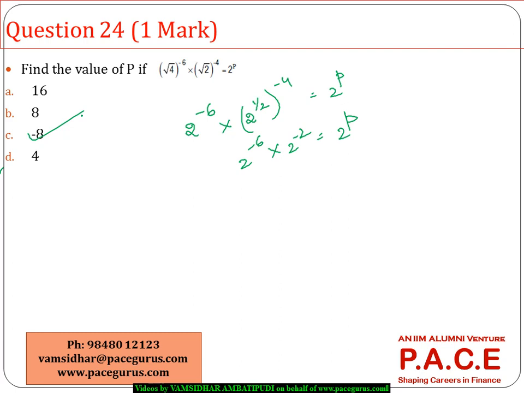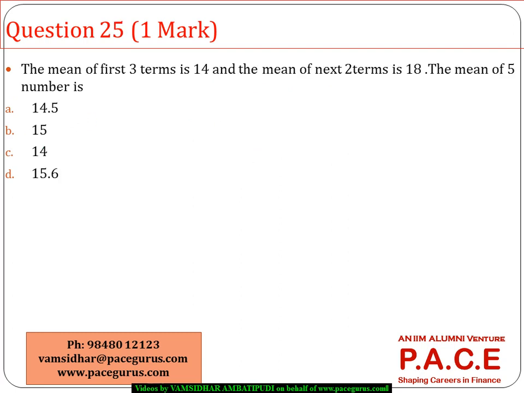Let's move on to the next question. The mean of the first 3 terms is 14 and the mean of the next 2 terms is 18. Find the mean of the 5 numbers. So when I am saying the mean of the first 3 terms is 14, the sum of the first 3